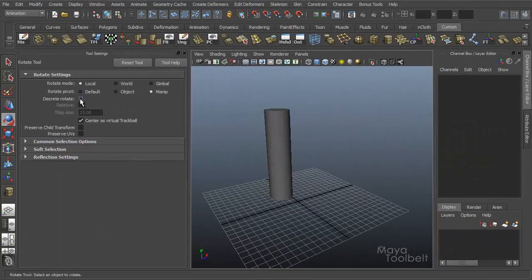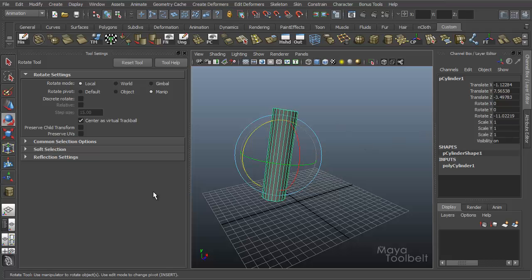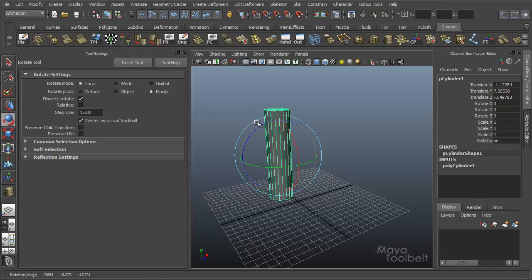So discrete rotate lets you rotate in incremental degrees, because right now when I rotate this object, rotate Z is negative 11.02219, but if I wanted this to be whole numbers only, no decimal points, I would need to turn on discrete rotate. So I check this box, and by default my step size is 15 degrees. So when I rotate this now, you'll see it's going to negative 15, negative 30, 45, 60, 75, 90, 105. It's snapping to individual 15-degree increments